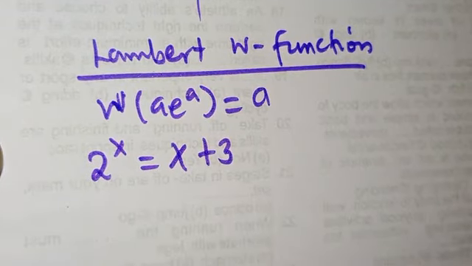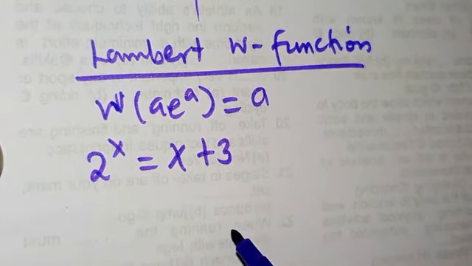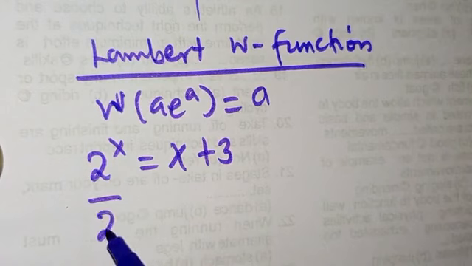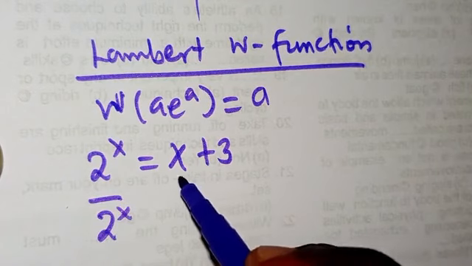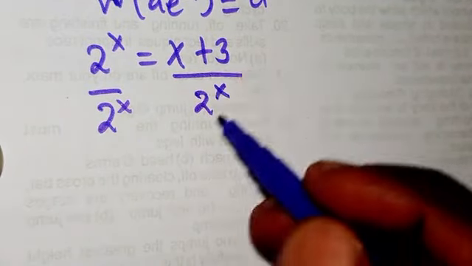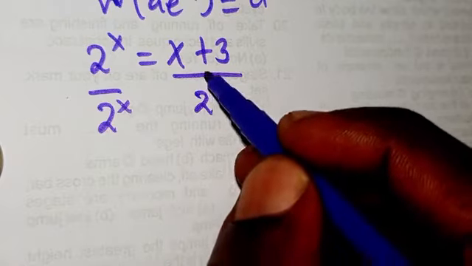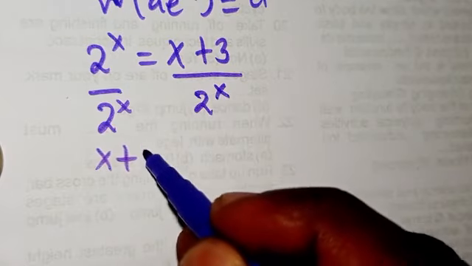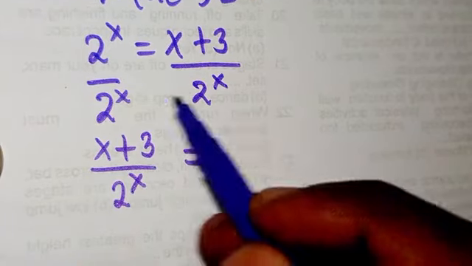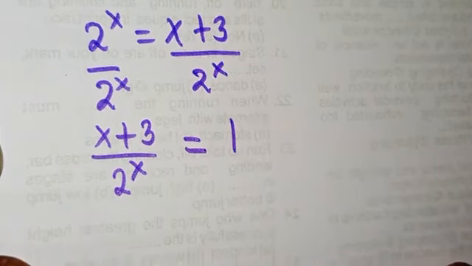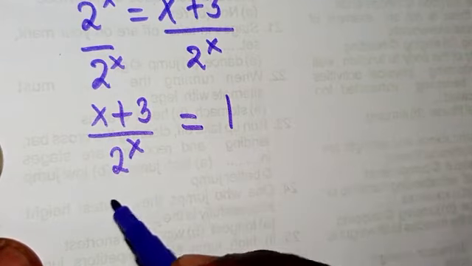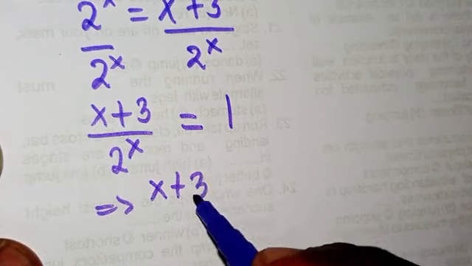Before we use this, we are going to do something. We rewrite the equation by dividing through by 2 to the power x. If I divide through by 2 to the power x, I can rearrange this equation so that x plus 3 comes to the left hand side, with 2 to the power x, and then equals 1. So I can rewrite this equation as x plus 3